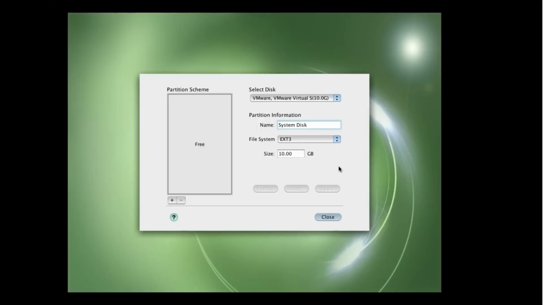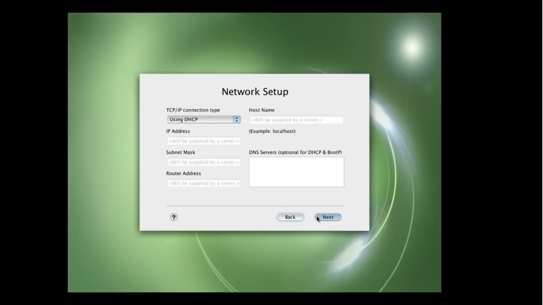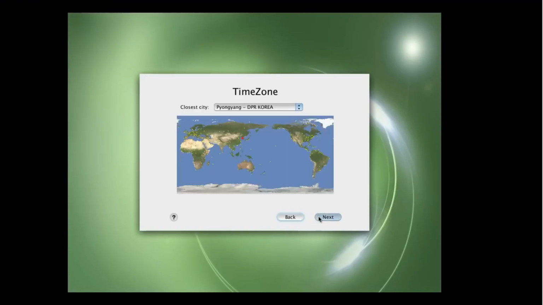Now you need an operating system with ext3, and if you want you can use ext4 as well. And as you can see, I've created a partition in the disk. Now it's time to add your username and password, and for network setup I really don't know why they have given